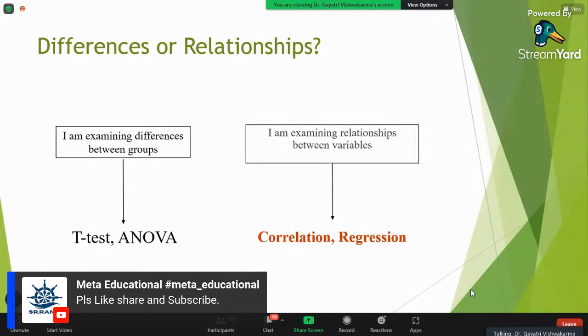Okay, so in correlation, why am I writing both the methods together? Correlation and regression, what is the relationship between these two methods, and when do we have to apply them? So in simple layman language, correlation is a bachelor degree and regression is a master degree, just to remember. So what is the difference between a bachelor degree and a master degree?